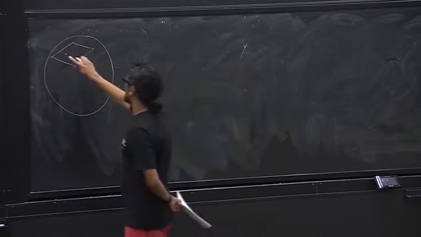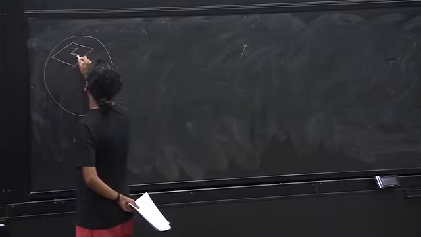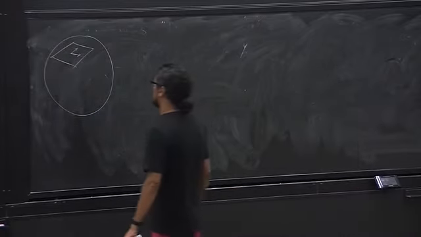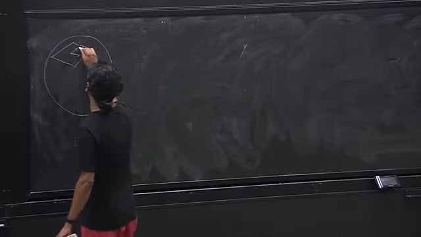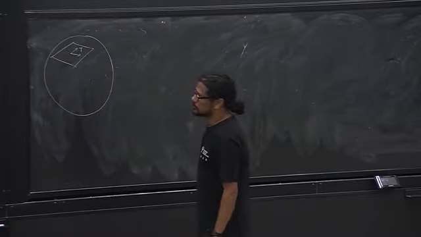On the tangent space you have some tangent vectors, and those tangent vectors, say, are something like